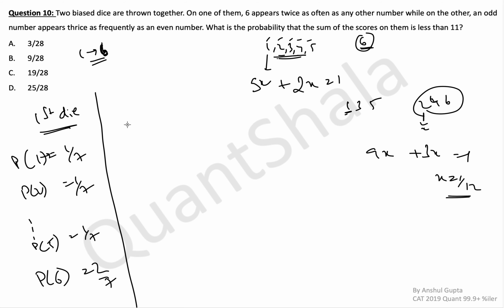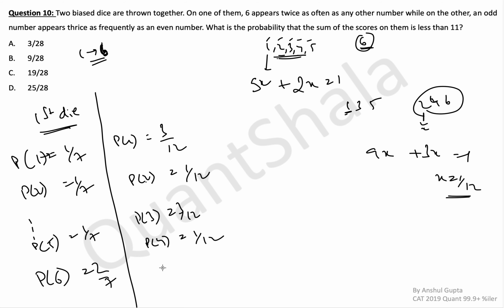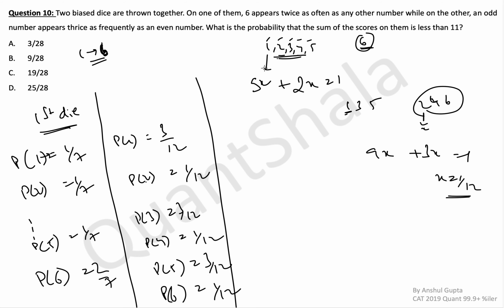Okay. So probability of 1 becomes 3 times 1 by 12. Okay. So you can write this as 3 by 12. Probability of 2 is 1 by 12, even number. Probability of 3 is again 3 by 12. Probability of 4 is 1 by 12. Probability of 5 is 3 by 12. Probability of 6 is 1 by 12. This is what we have. Okay. Now we are done with this, so I'll remove this.